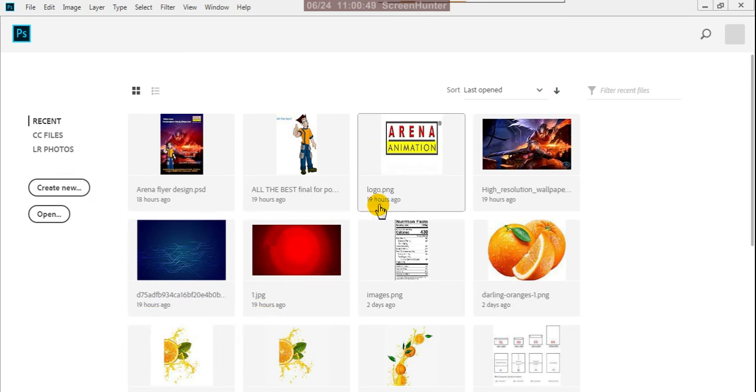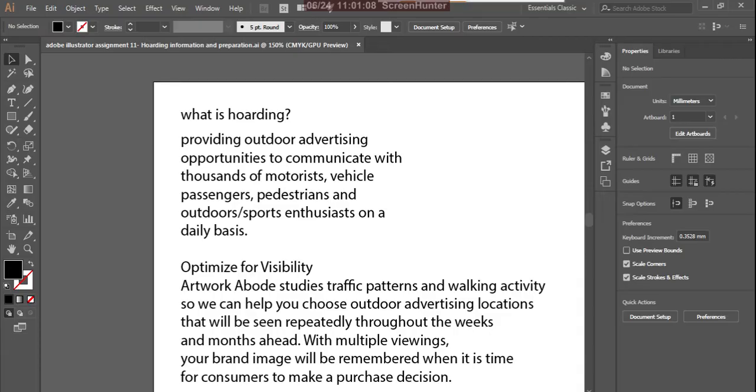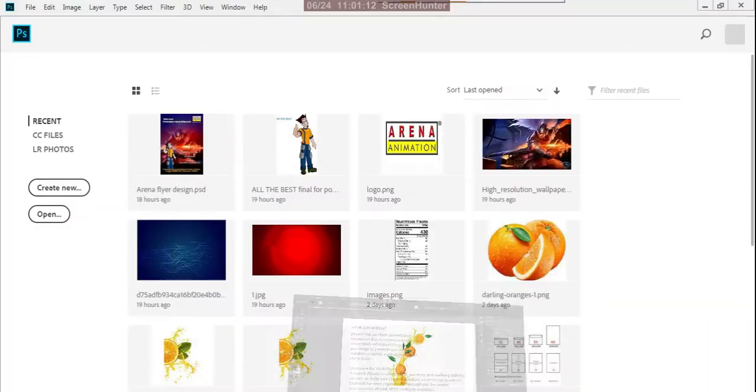For sharpness, and for the logos we use in that particular hoarding, scale problems won't come in vector software. So that is the reason we mostly design hoardings in vector software.